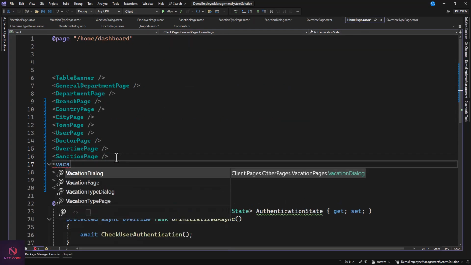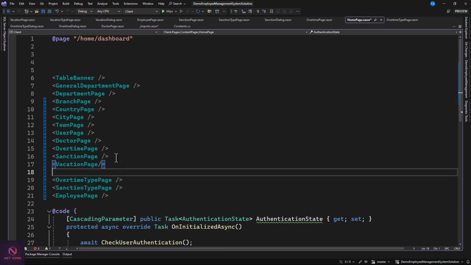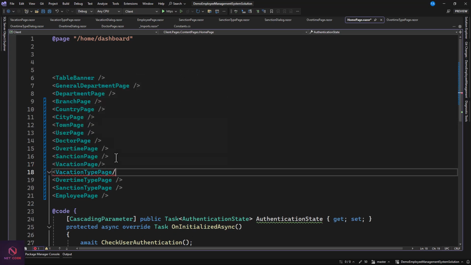So the vacation page, we have this. And when it comes to the type, you have the vacation type page as well. So you can see all the dialog boxes are found as components inside the various pages. That's why we did not include them here. You're going to call them from that parent page. All right, so once you have this,